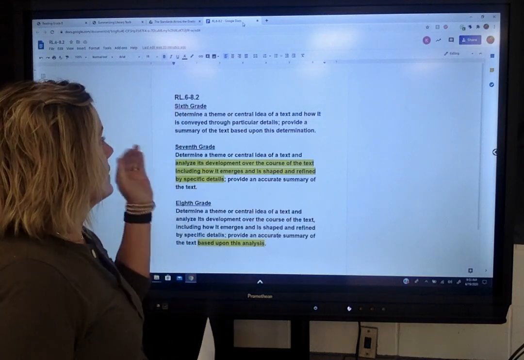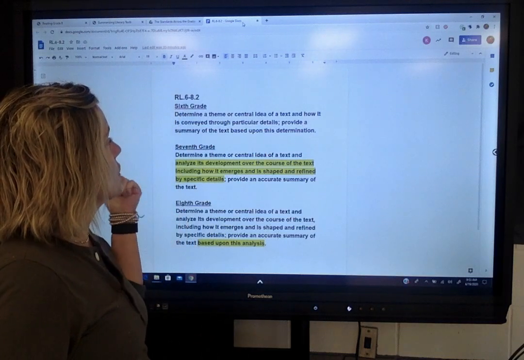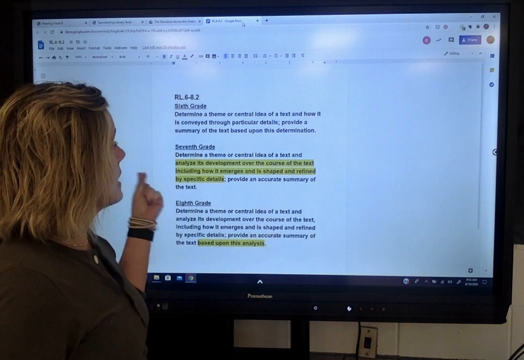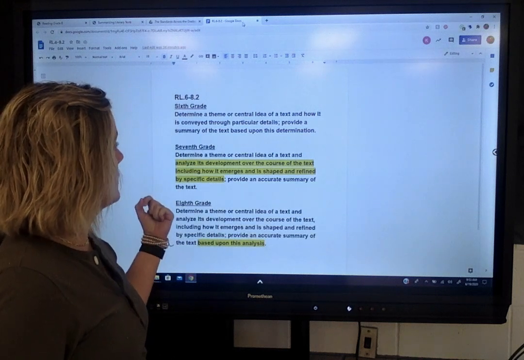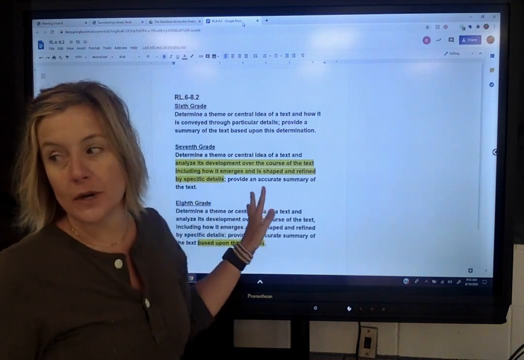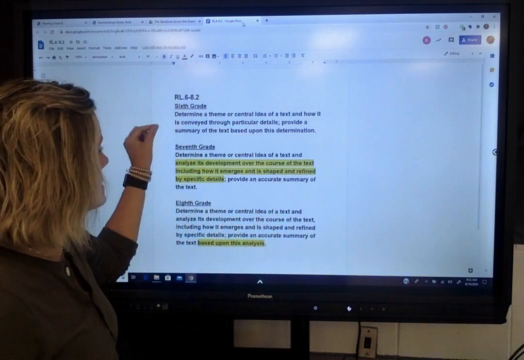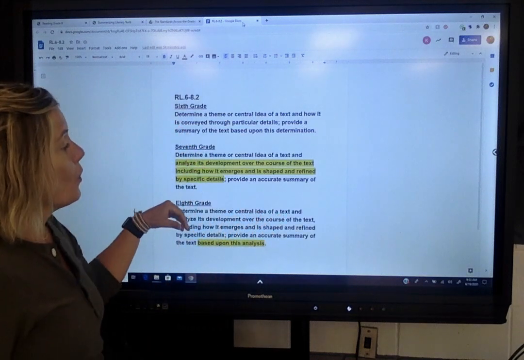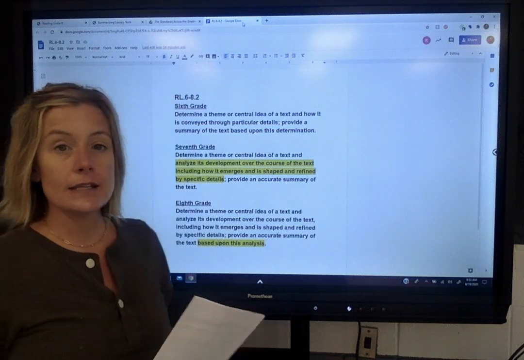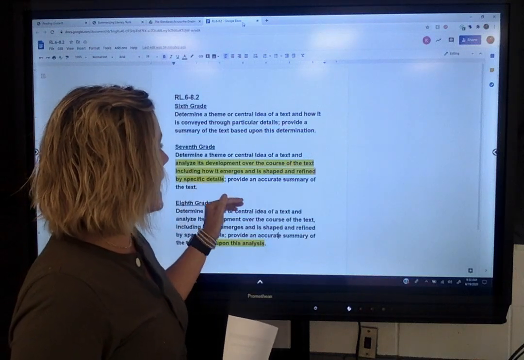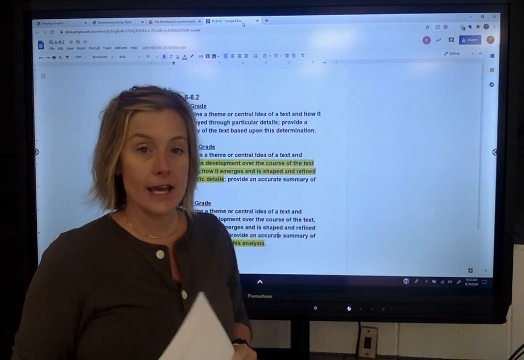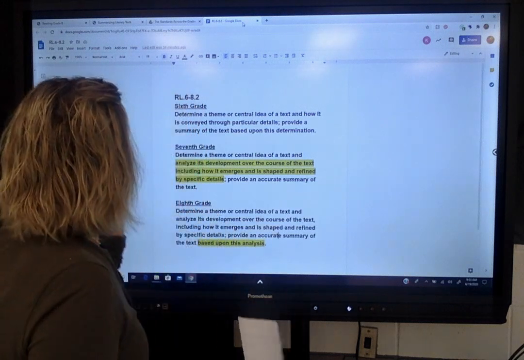Today we're going to be looking at the second half of the standard RL.6.2, 7.2, and 8.2. I'm sorry, I left that out. What we're going to be doing is providing an accurate summary of the text. Okay, so let's get into our